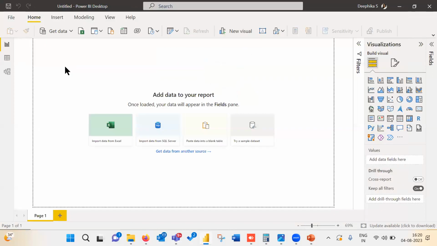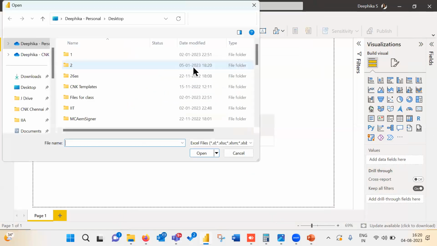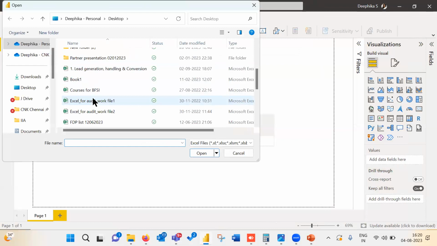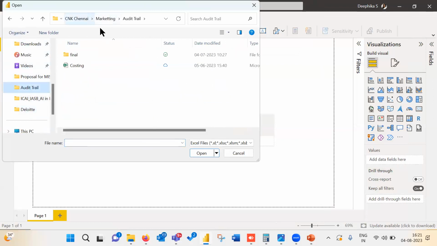Let me get into some sample data. What happens when you connect to some data set in Power BI? You can open Power BI and Power Query in parallel.